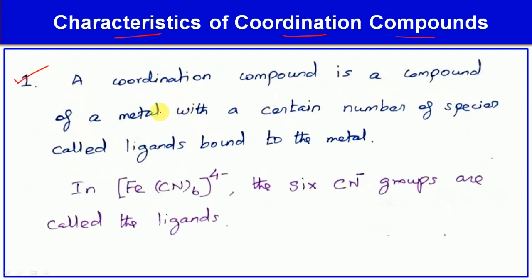A coordination compound is a compound of a metal with a certain number of species called ligands bound to the metal. So again I am reading, a coordination compound is a compound of a metal with a certain number of species called ligands bound to the metal. For example, [Fe(CN)6]4-. Here Fe is the metal and bound to the